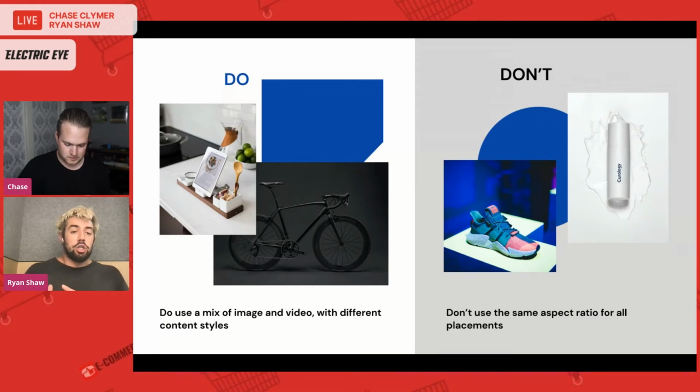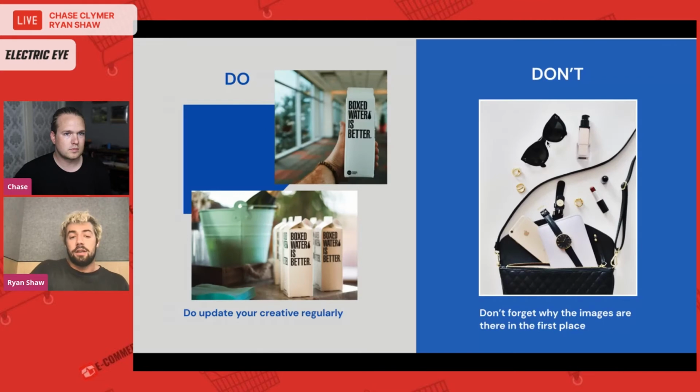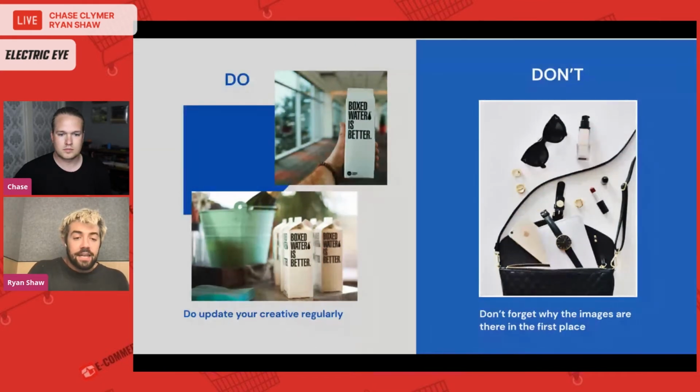And the next thing is, don't use the same aspect ratio for all of your placements. When you're setting up your Facebook and Instagram ads, they can go on story, they can go on feed, they can go on Instagram, they can go on Facebook. All of those spaces have a different aspect ratio, and things serve best when they are built specifically for the platform that you're serving them on. Do update your creative regularly, as I already touched on. You want these content creation mechanisms in place, and we see the best results in updating your creative every 3 to 5 weeks, when your frequency of ad delivery starts to hit closer to a 4, even before that, but every 3 to 5 weeks.